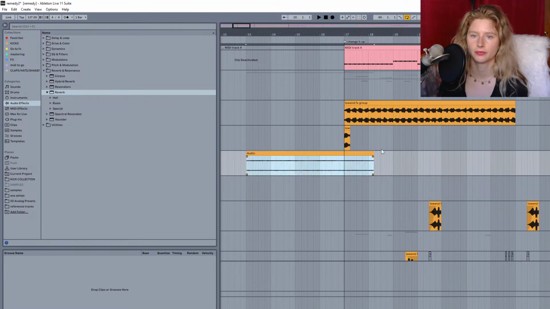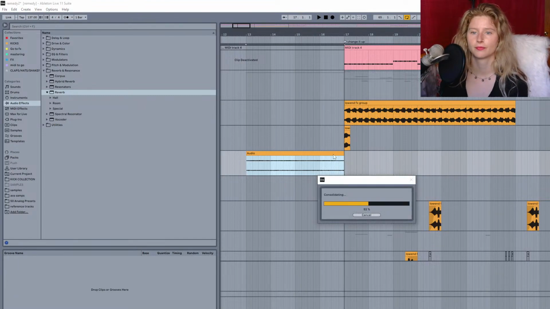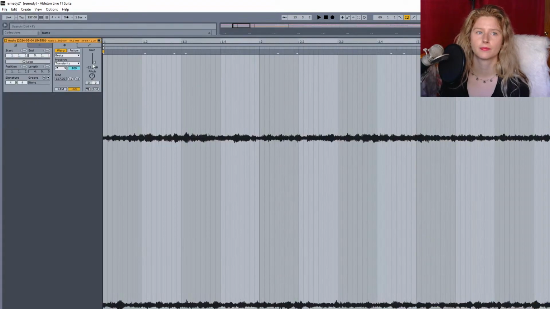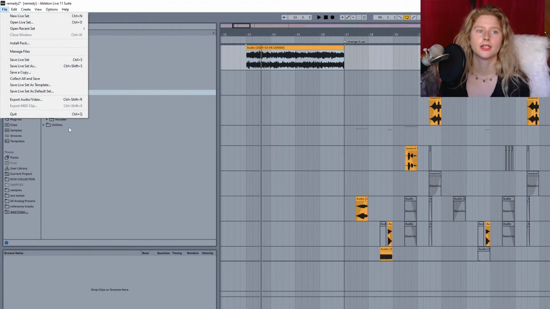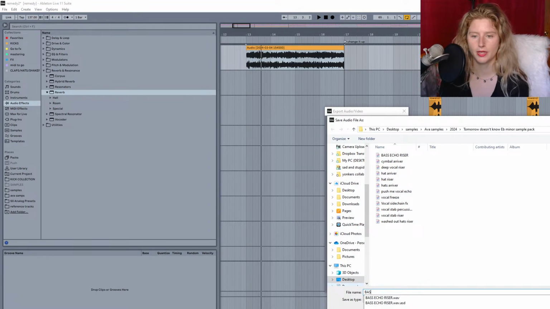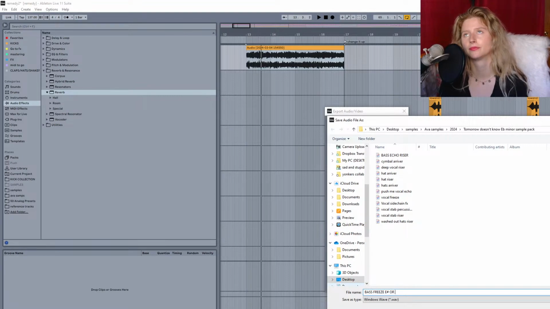Why not make it longer? Bass, freeze, E sharp. Or E sharp is also D flat.